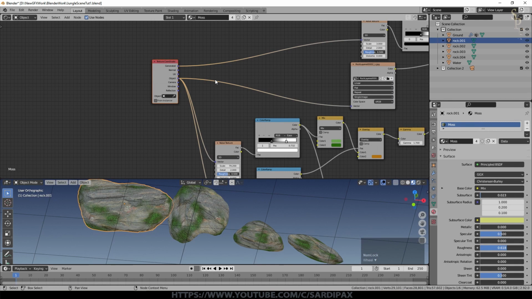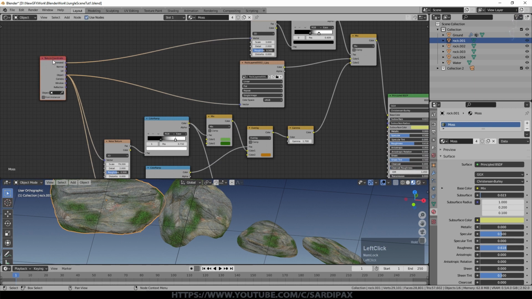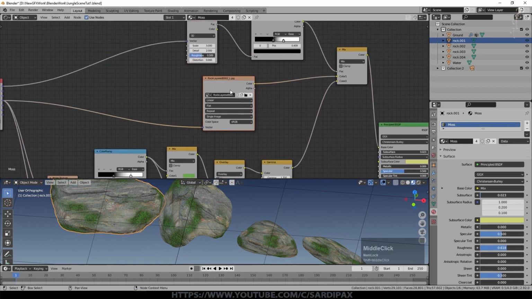We need to be able to map a texture in some form onto the rocks. And if I didn't put this texture coordinate, it would all be just mixed up. We wouldn't get a texture at all. So let's just look at the object element, come back to this area in a little bit. And there you can see our basic rock texture.